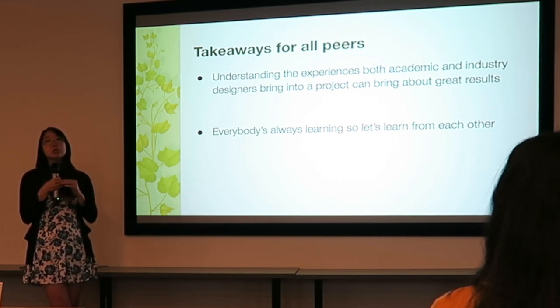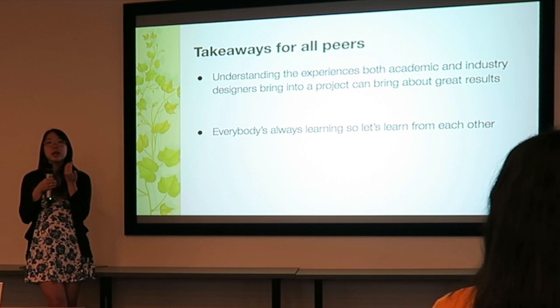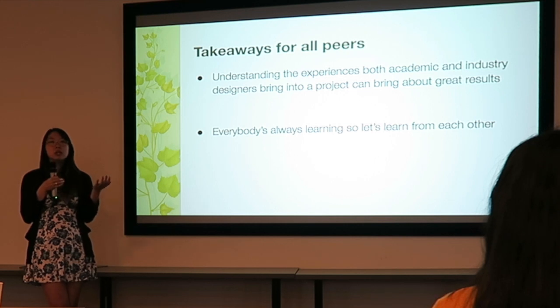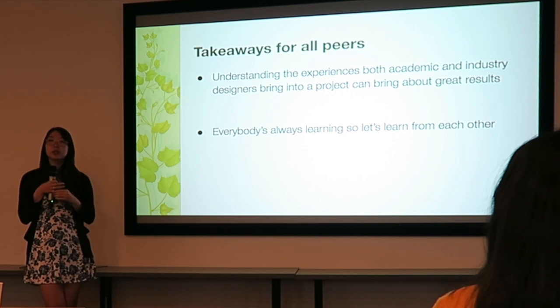But the thing that I feel like it's best to remember is there needs to be a collaboration of the two experiences that you bring into it, because no designer ever works on their own. We're always working with other designers, and understanding where that background comes from is really helpful in the collaboration and the conversations that you have, because